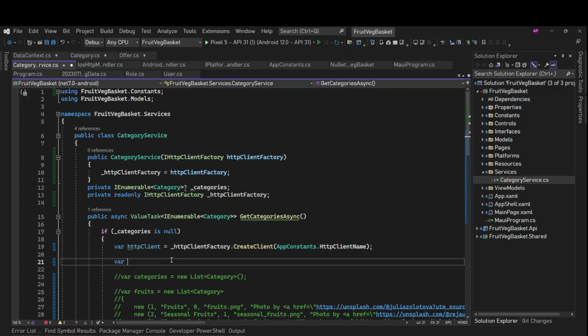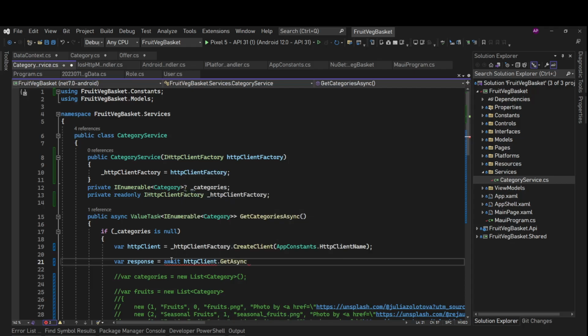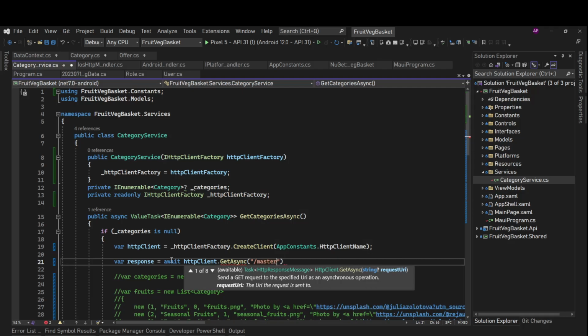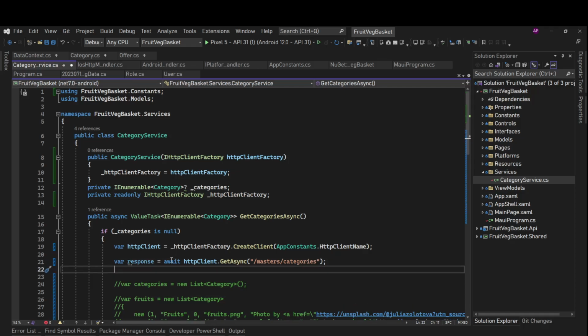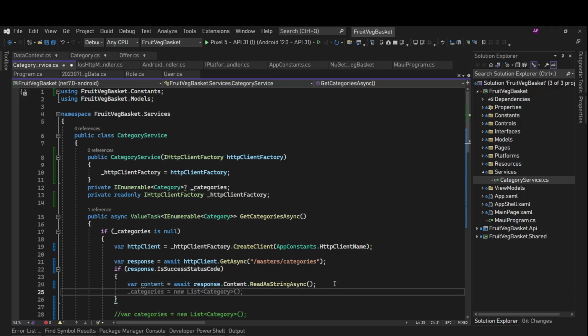So here we'll say var response equals await HTTP client dot get async, and the URL we have is masters categories. Okay, we'll get our response, then we'll simply check if response dot is success status code. If the request was successful, then we'll get our data in this content, await response content read as string async, and then we'll set this data to our underscore categories.